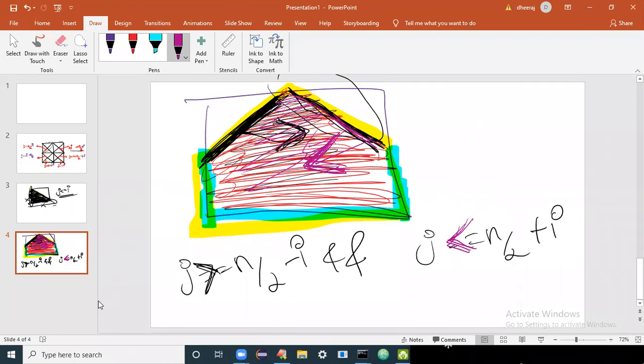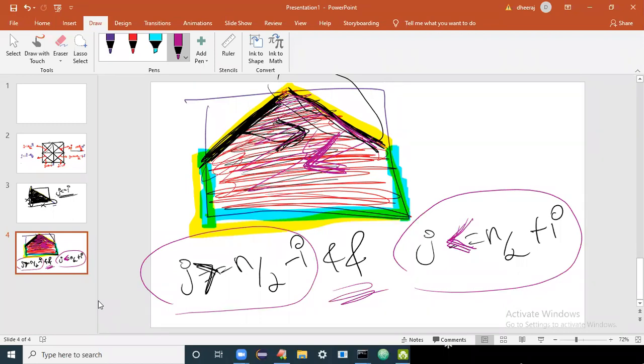Remember one thing, whatever line equations are not on the boundary, you have to use the AND operator. You have to use the AND operator between all the line equations which are not on the boundary. Here, you have to get those line equations which are not on the boundary, and for those line equations, you have to use the AND operator. That's it.